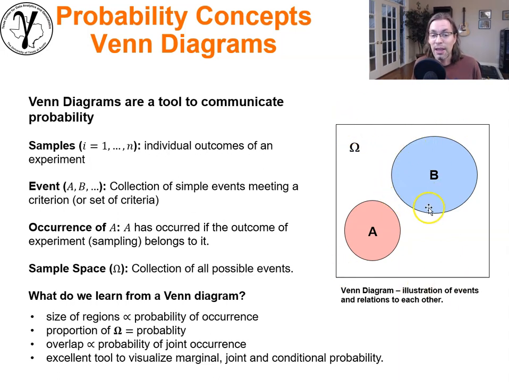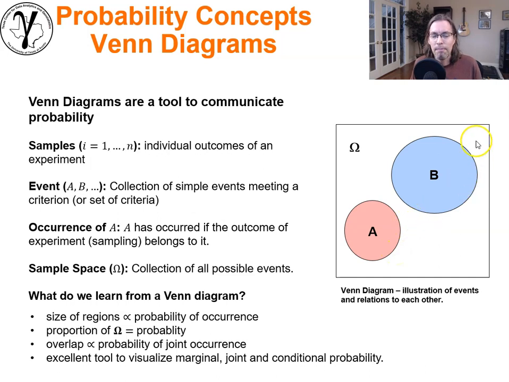Now, the ratio of the area of B to the size of the box is, in fact, the probability of B occurring, right? So in this case, what would you estimate? Maybe about 20%, maybe 25% probability of B occurring, and maybe more like 10% or so probability of A occurring, and I'm estimating based on the size of the box. Now we could get out a tool and measure the areas, planimeter or whatever, but we'll just eyeball it from here.